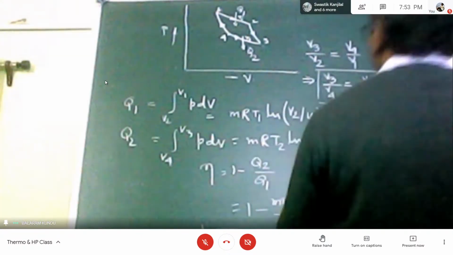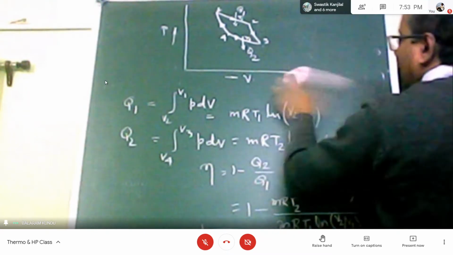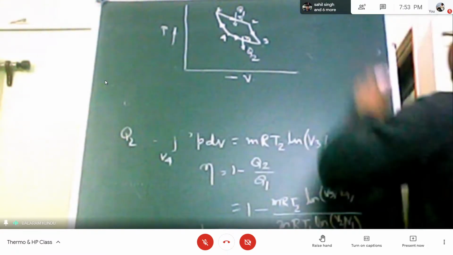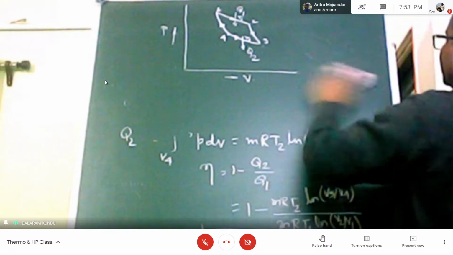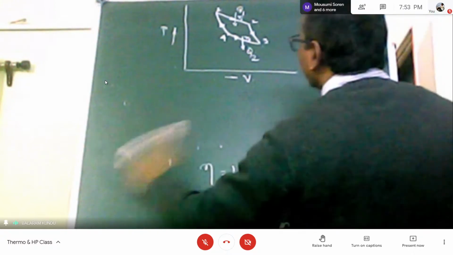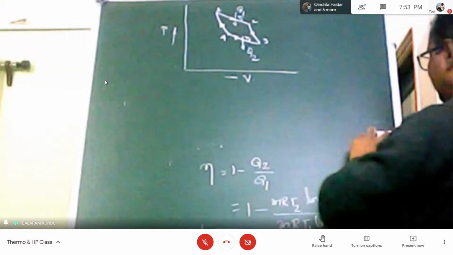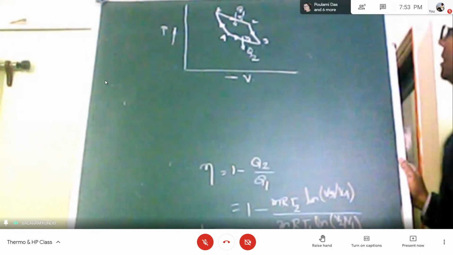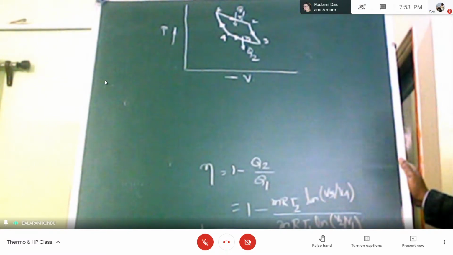Okay, so actually that is the maximum efficiency. The Carnot engine gives the maximum efficiency. So conditions are there. All processes are reversible. That is one condition. Four processes are there: two are reversible isothermal processes and two are reversible adiabatic processes. So using the Carnot cycle, it is possible to get a maximum efficiency, and that efficiency is the ideal efficiency.